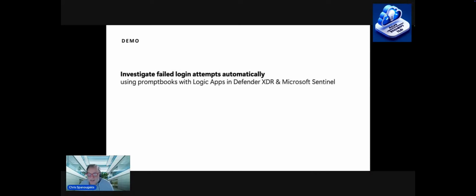Probably one of the cases that you have to deal with very often in security, in Defender XDR and even Microsoft Sentinel, is to investigate failed login attempts. This is something that happens every single day. Users forget their passwords, or a failed login attempt could be an attack, a brute force attack or whatever. So let's see what you can do in order to investigate these failed login attempts